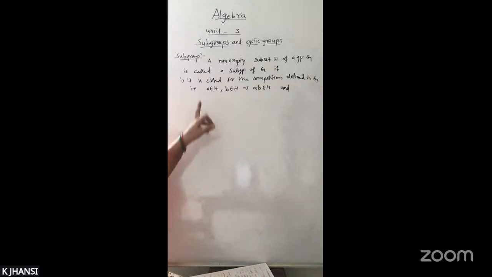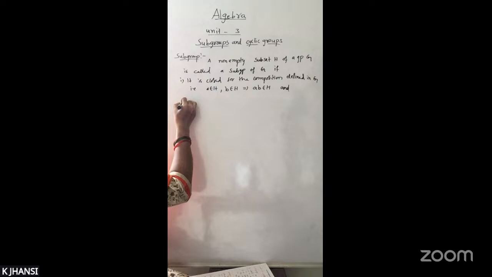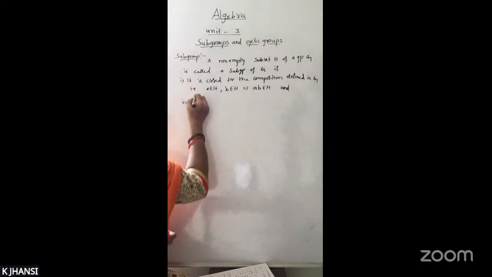Whatever the definitions of subgroups are, they depend on the given composition or operation. If it is a plus operation, you will have one definition. If you have multiplication, you have another definition. And if it is a finite group, then you have another definition for the subgroup. So depending on that, you will have different definitions. So the first point is this one. And the second one is H itself is a group